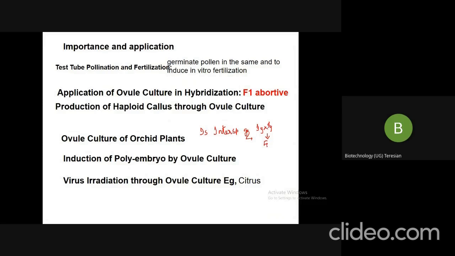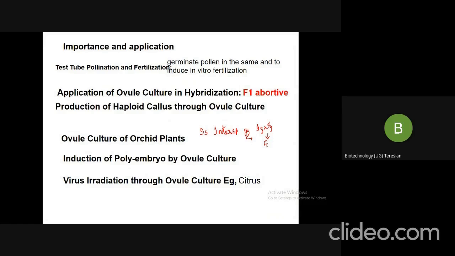The F1 hybrid embryos frequently become abortive, that is sterile. They are not able to develop further. Frequently they become abortive in the developing seeds, or the F1 seeds are not capable of supporting the development of the embryos. During that condition, ovule culture is being successfully employed, and it has come as a rescue to obtain hybrid